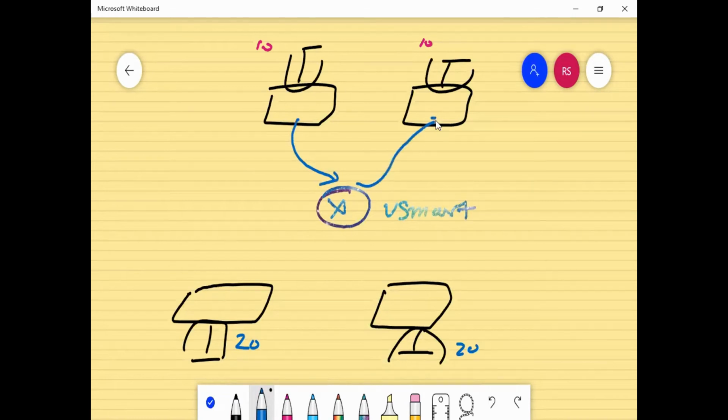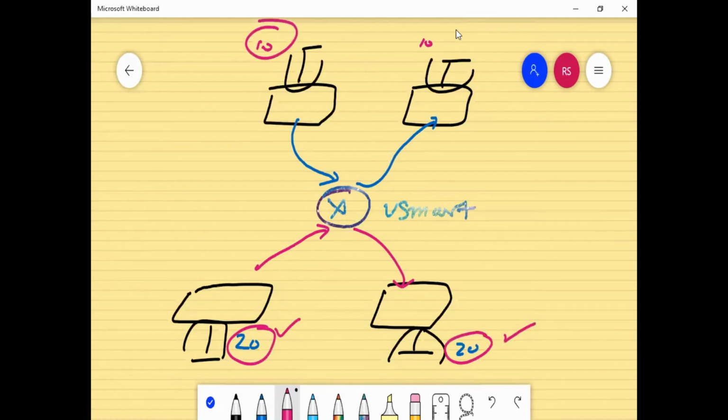So these routes will be handed over to your vSmart. vSmart will hand over these routes to the locations which are required from a routing perspective, and your VPN 20 routes can communicate with VPN 20 routes only, and your VPN 10 routes can communicate with your VPN 10 routes only. So throughout your topology, your VPNs should be there on all of the devices.